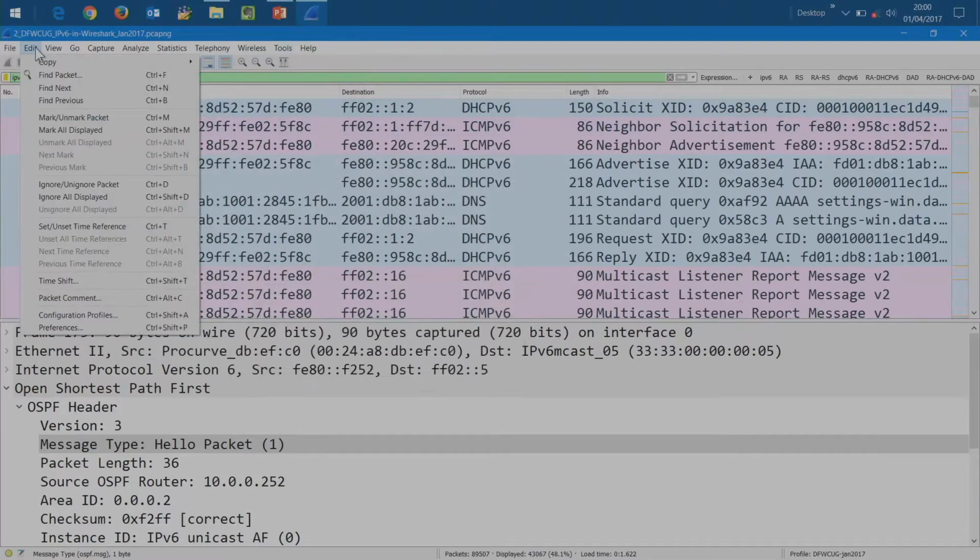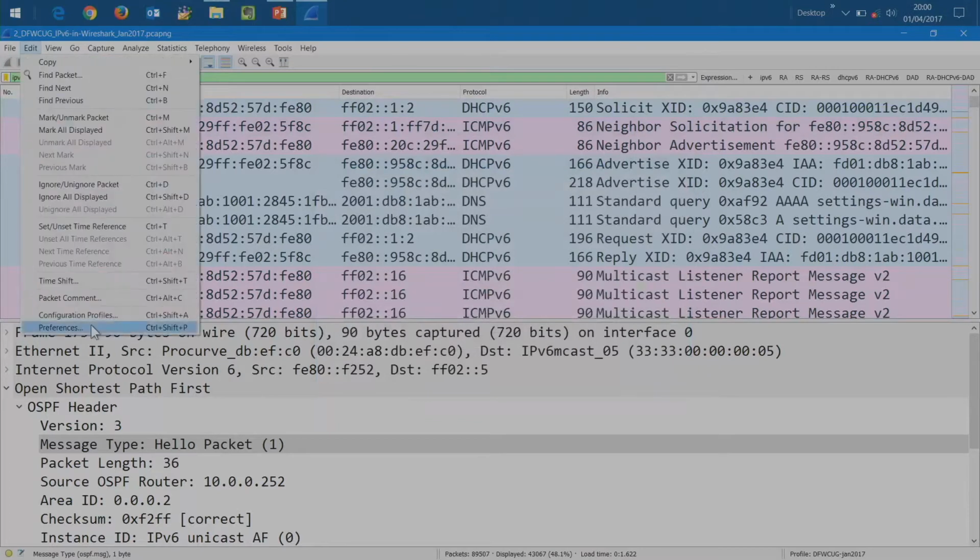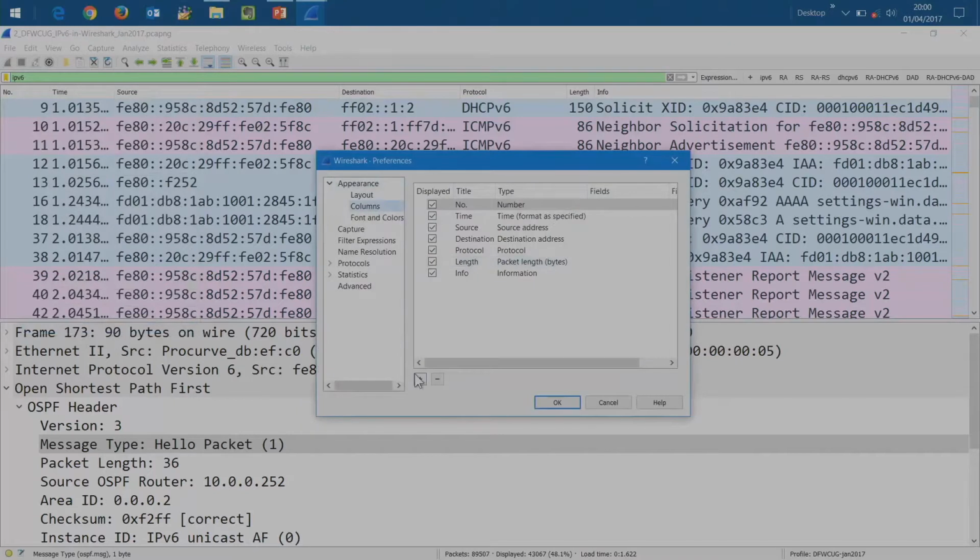If you want to add a column like that, you go to Preferences, and you say, oh, no, that was the wrong spot. Wait. Appearance, Columns. Add. Yeah, columns. So I'm going to click down here, new column, and I'm going to call it delta. And then I'm going to go find the delta time displayed, and I'm going to move this up to between time and source.